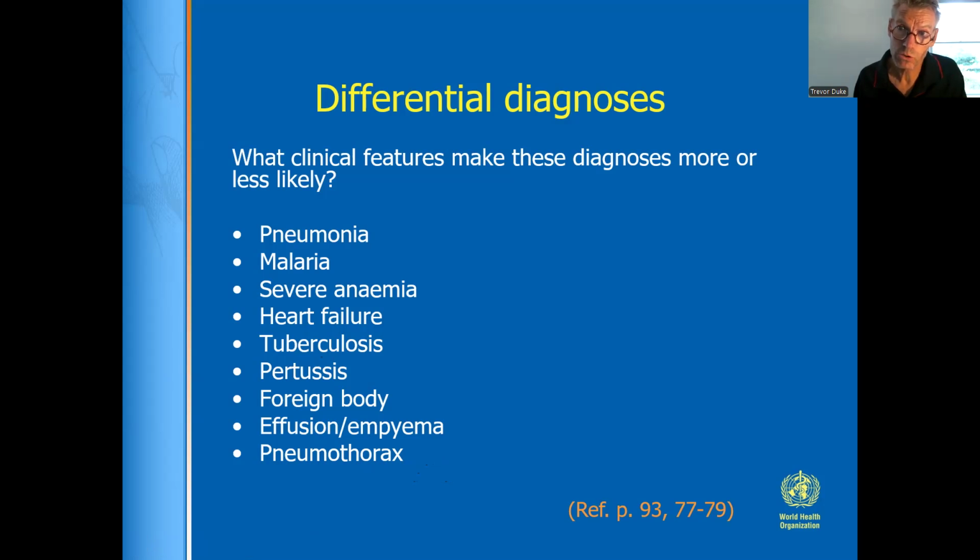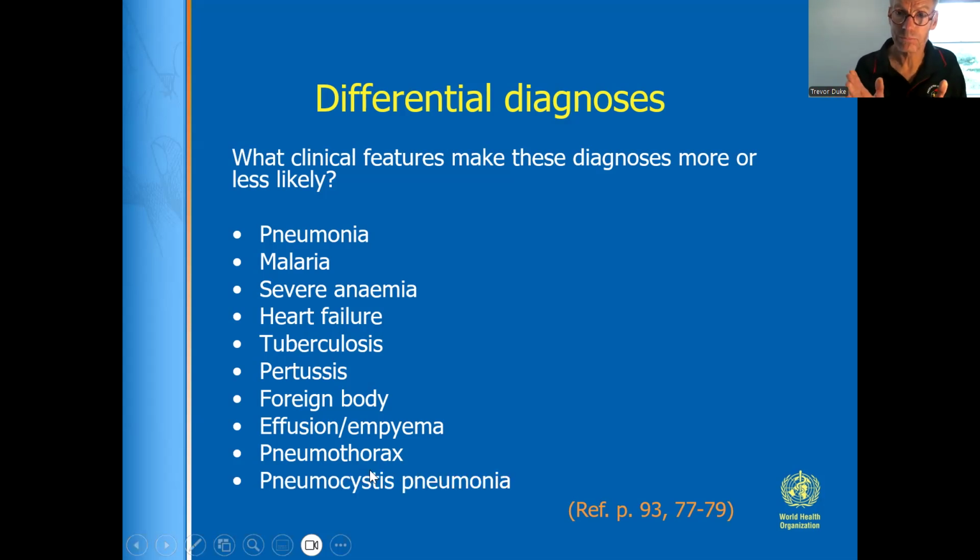A pneumothorax is possible in a child who becomes suddenly unwell and unable to feed after a few days of an illness. You can usually identify that by clinical signs, but a chest X-ray will obviously help, and an ultrasound can help you identify a pneumothorax in a child as well. Then lastly, in the